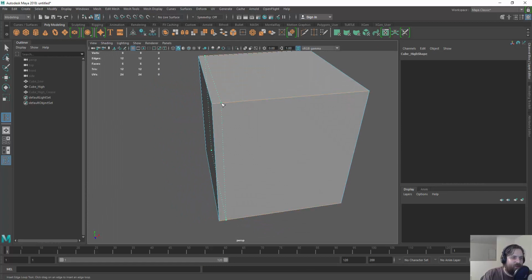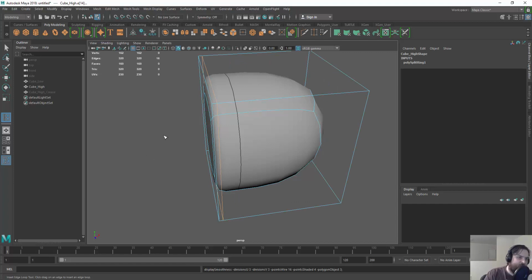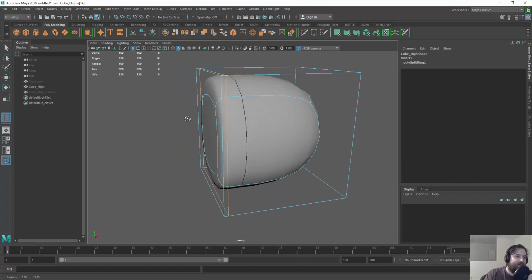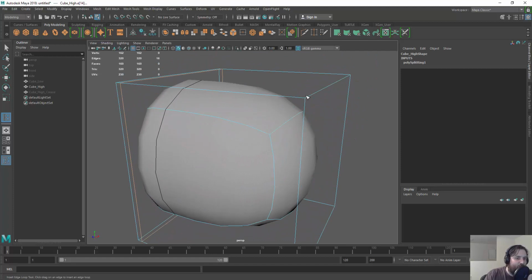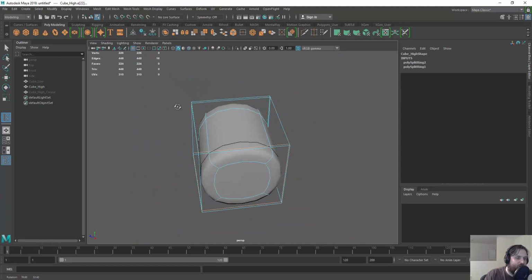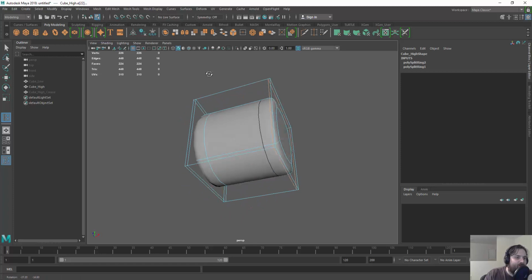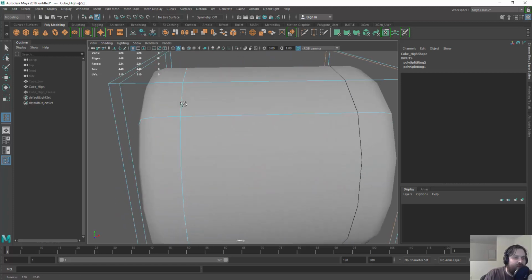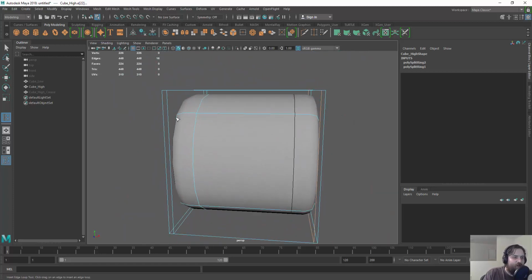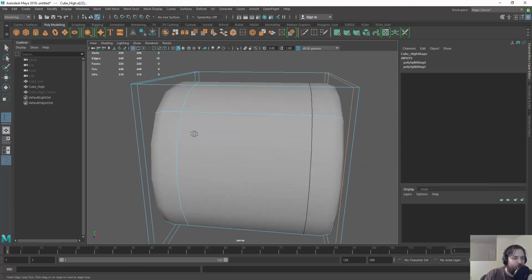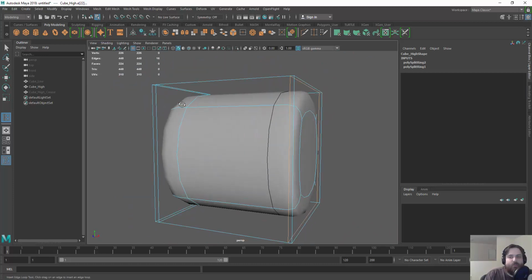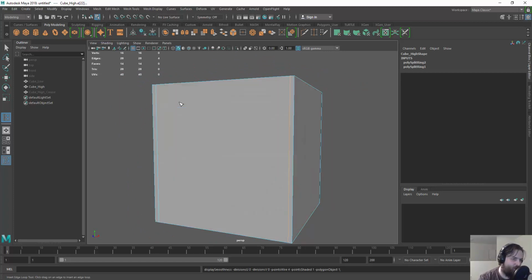So I can just click on an edge here. And then if I hit the 3 key, you'll notice that it defines that edge much more tightly. And then I'm going to create another edge on the opposite side, and you'll notice it starts binding that to be a more uniform shape. Now, in most cases, you're probably going to want to make sure that your edges are somewhat equidistant. And if you were doing insert edge loop, although it does get the job done in most cases, it may not be 100% uniform. So I'm going to hit 1 on the keyboard